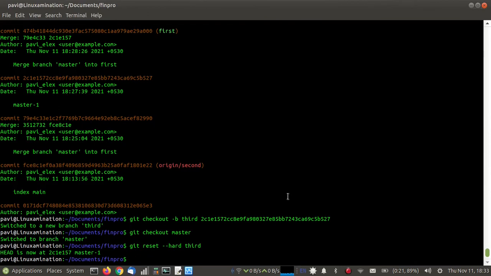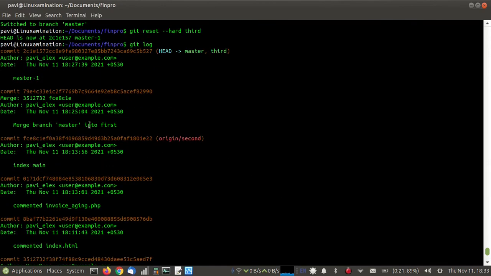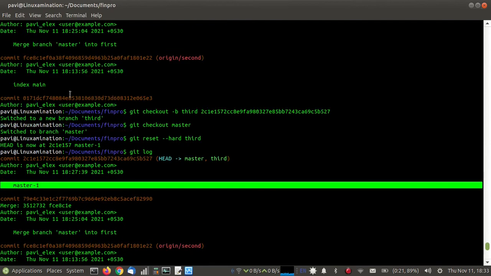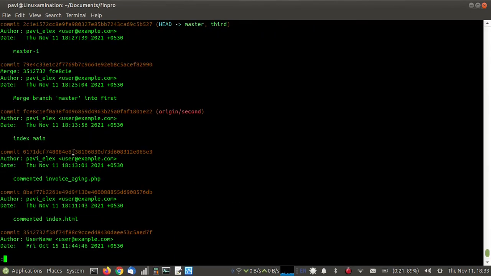Now I need to check the master again. You can see the top change is master 1. This is our top change now. Now I'm going to push.